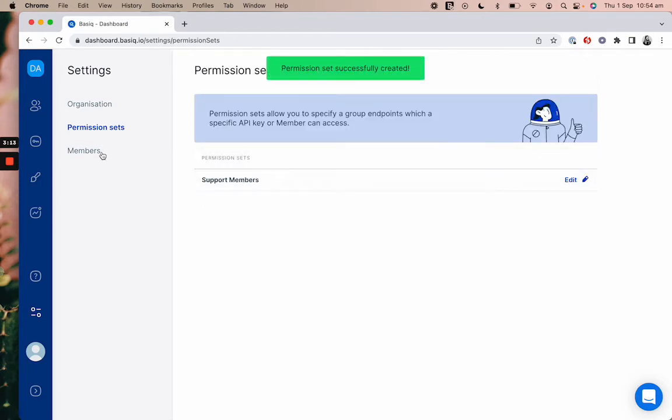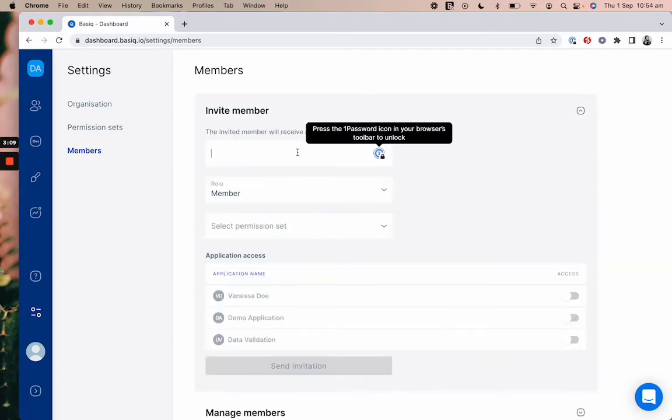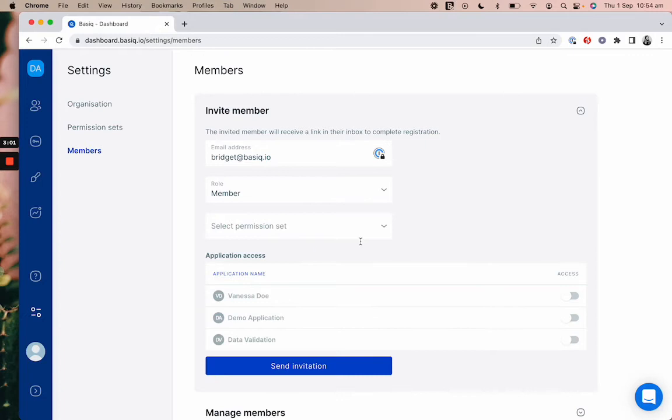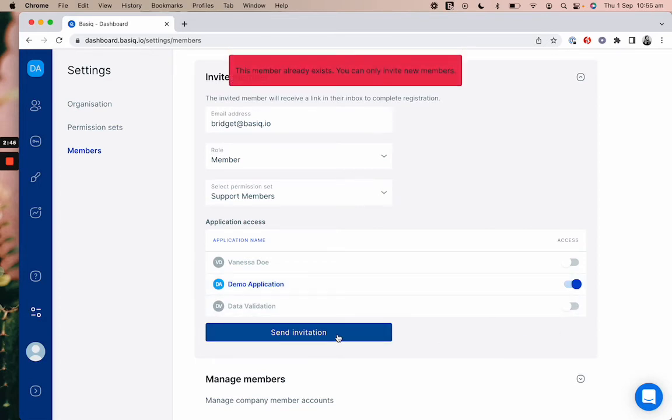What this means now is when I go and invite a new member to the company workspace, we're going to actually jump in and say bridgetbasic.io, and we're going to apply this specific permission set to that user's profile. So once I've sent that, and we're just going to say also, let's just give them access to the demo application. Once I send that invitation off to them,